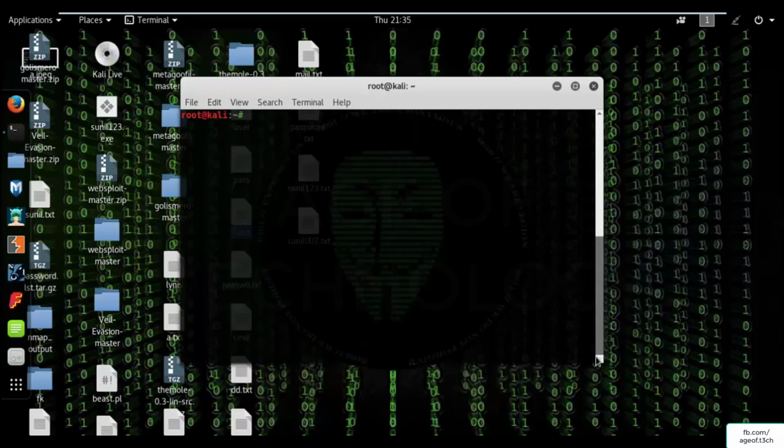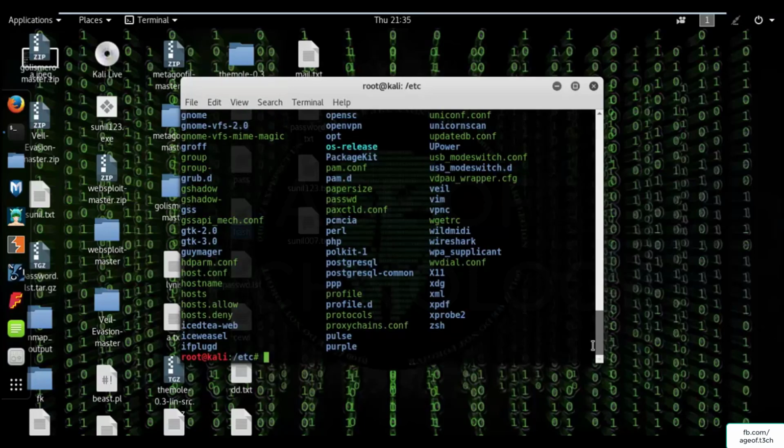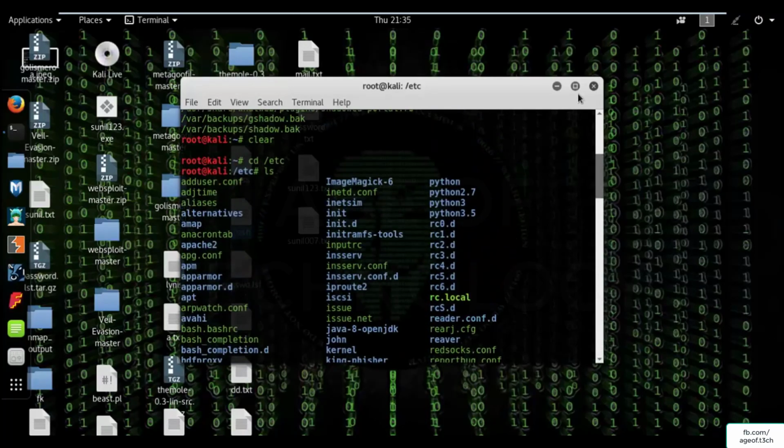So I'm going into the etc folder. So cd space /etc. Right, I'm inside the etc folder. Now what is in the folder? You have to find it by typing the ls command, the list command. Now you can see all these files are available in the